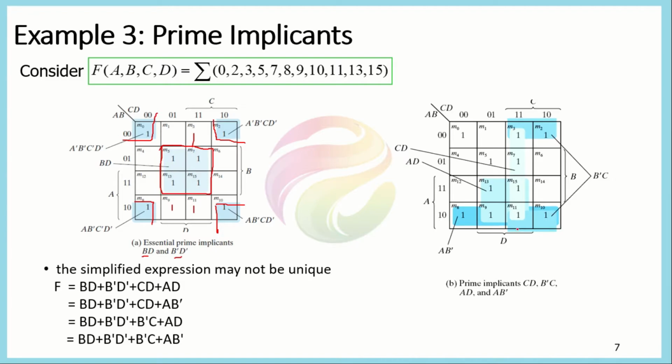They are not the essential ones, but they are present because they are overlapping. If you mark all the ones, we can see that there is a 1 here in which there is a combination of 4 here. Similarly, we can have a combination of 4 here too. Similarly, we can also express this one and this one here, and in the last if we combine this one. So there are many possible ways by which we can combine the other prime implicants in this map.